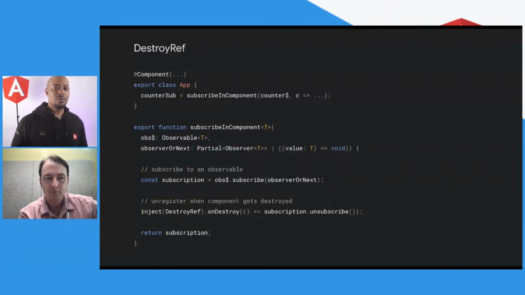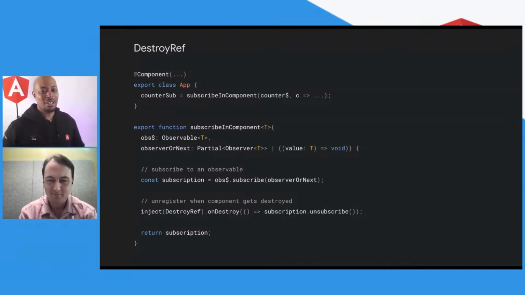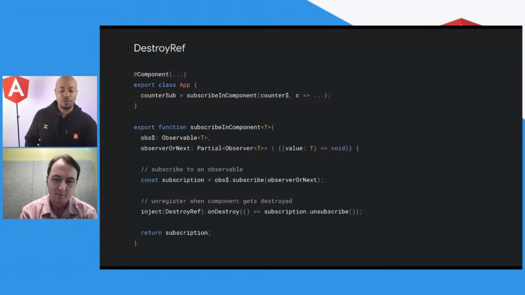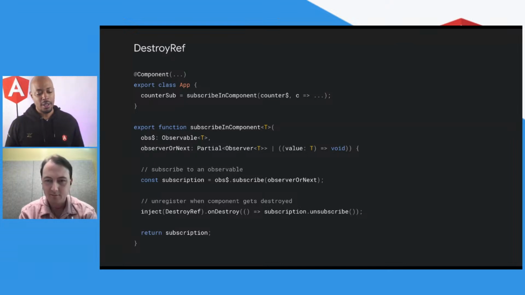Oh, here's something else I know that our friends will love in the streets. I say the streets, I just mean the Angular community. There's a new injectable destroy ref. Now, this is going to give you lots of flexibility in registering cleanup logic in your app. I know people have been asking for ways to do this, and now you can get in there and do some stuff like the example we have on our screen now. You can unregister an observable or subscription once your component gets destroyed, and you just inject that destroy ref and then do the onDestroy. And then when it gets destroyed, boom, you can unsubscribe and be really flexible. Hopefully that's really nice for you.